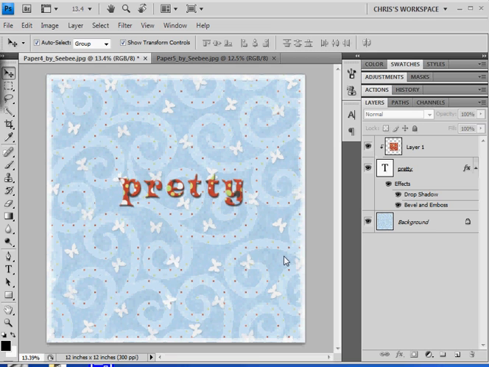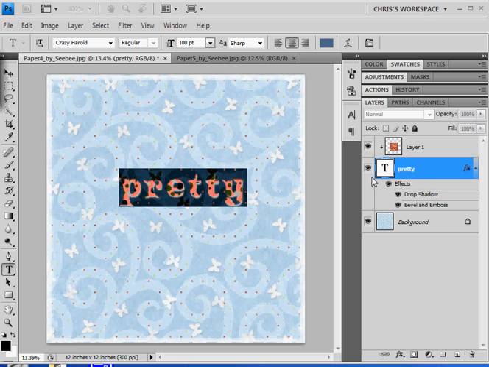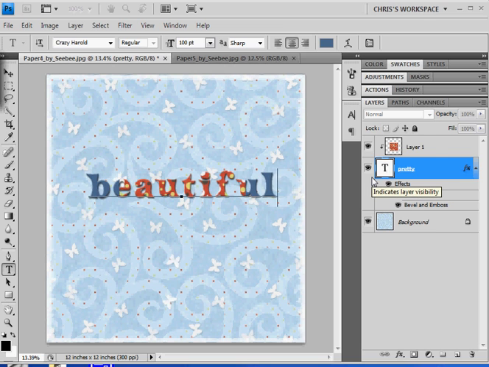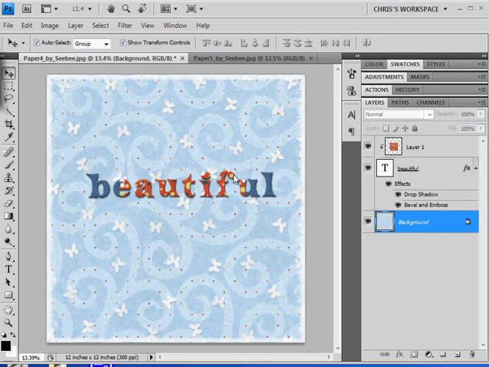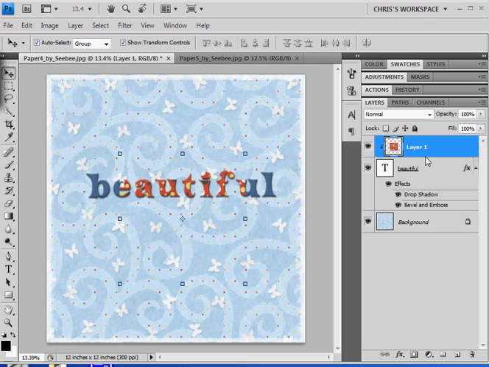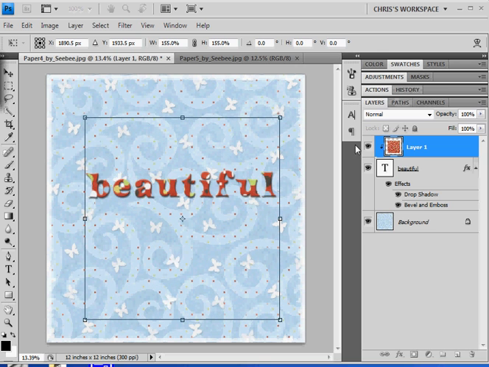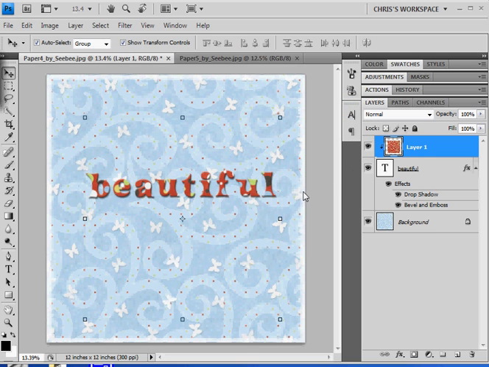if you were doing this in traditional paper scrapping, is that I can change this word. I can double click the T here of the text file and type the word beautiful. And oops, the only thing that went wrong here, and I can correct that in a minute, is that now this paper, obviously, if you look at the thumbnail, doesn't cover the entire layer. So I would have to go back in here, click on those handles again, and pull it back out, maybe to make it take up a little less space, and apply that. But that was way easier to do than having to go punch some more letters out of paper,